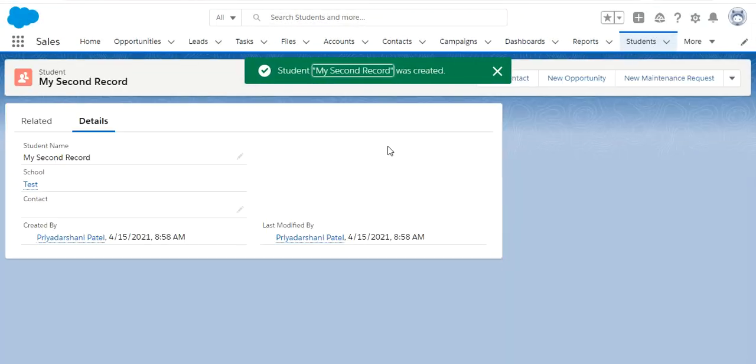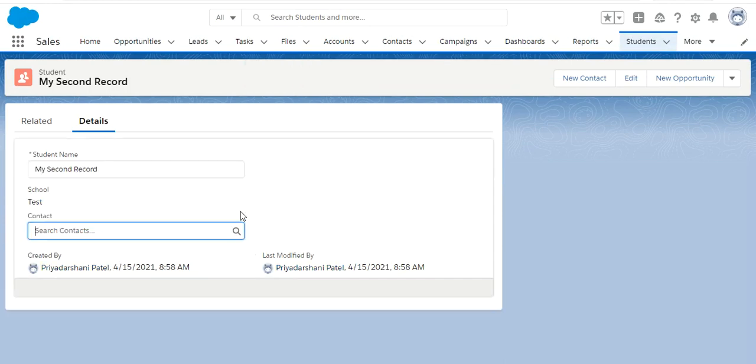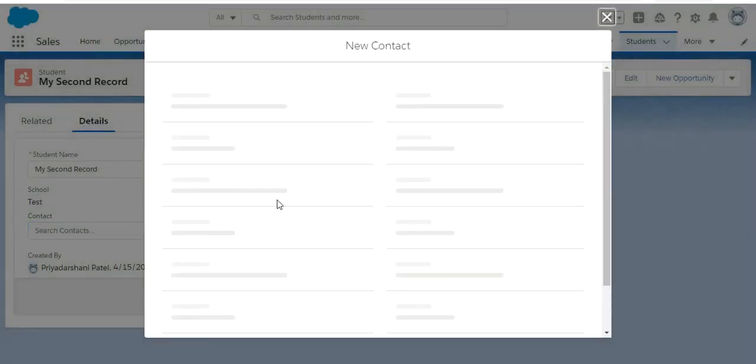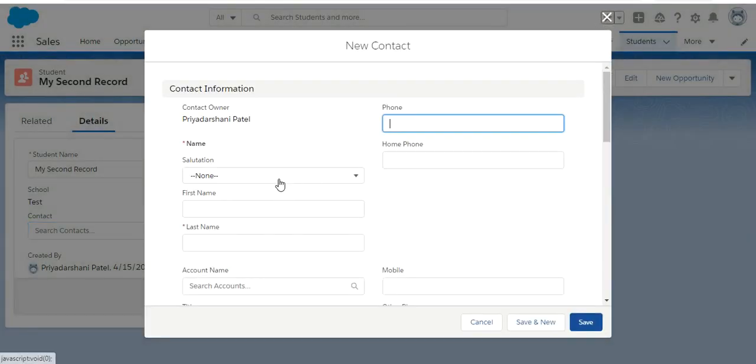See, we can easily save this record without any parent. If we want, we can give the parent's name. Otherwise there is no need to give the parent's name. We can save the record.